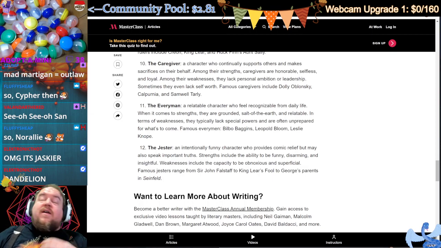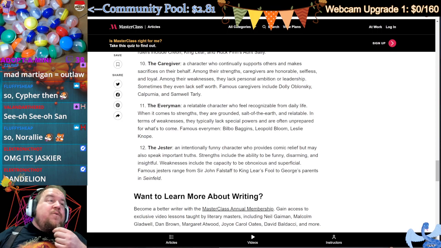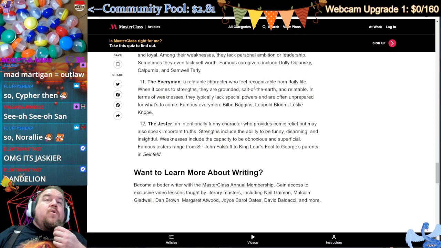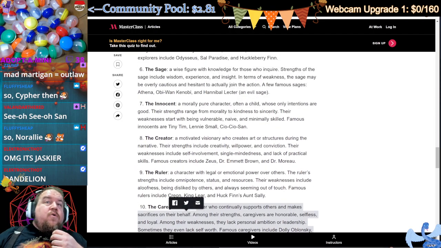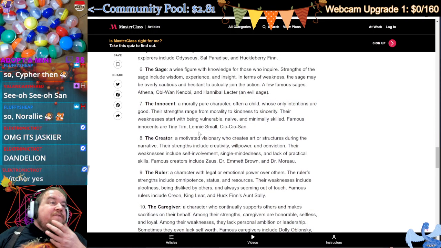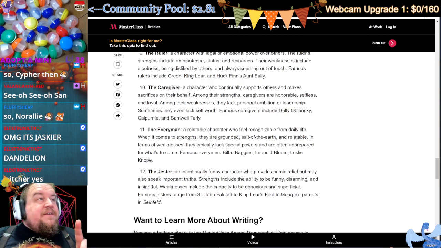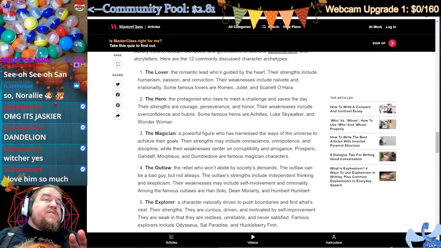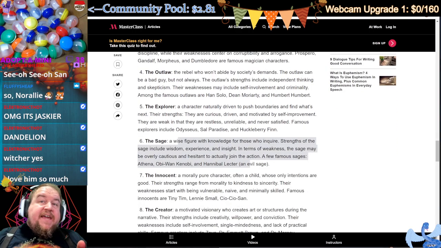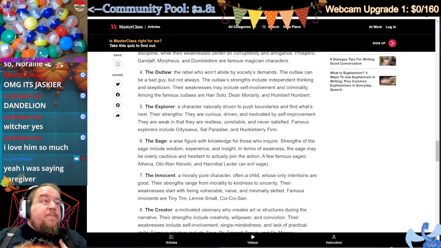Dandelion, or Dandelion in Witcher. So Norlai would maybe be Caregiver, or the Innocent, Fluffy. Now, here's this. Would Bright be the Jester? For as much as maybe we want to say that Bright was the sage of our story in our campaign,